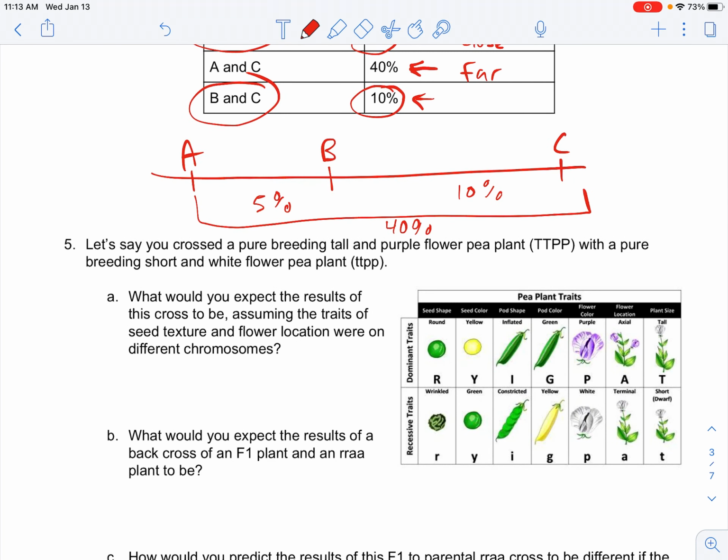Okay, I'll pause the video and then we will look at some more questions on crossing over and then a couple other concepts like incomplete and